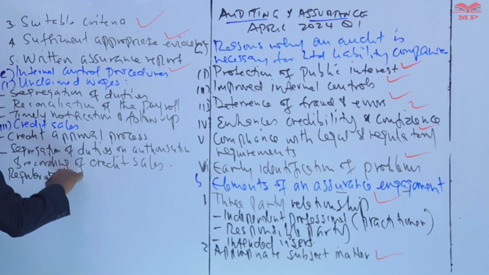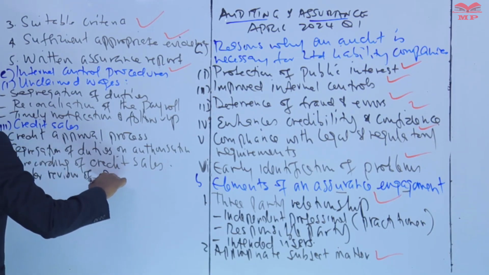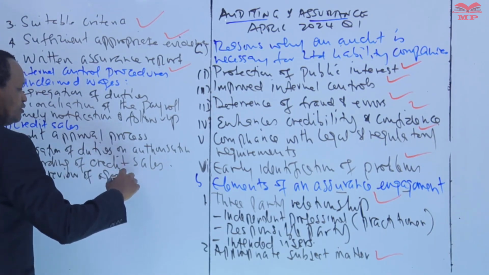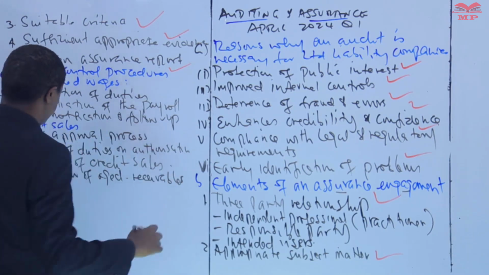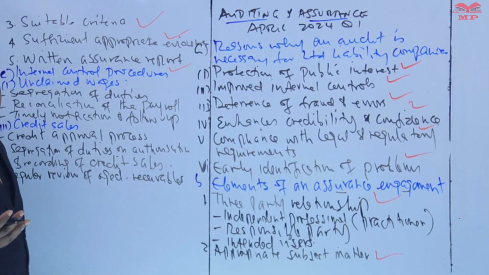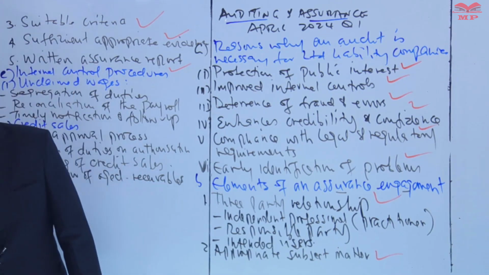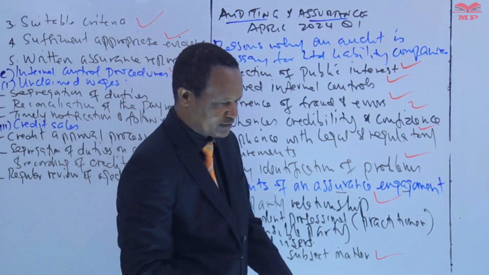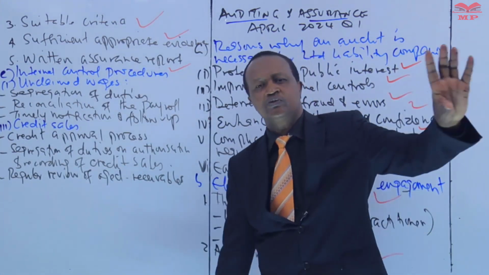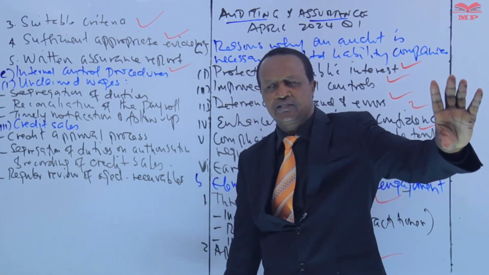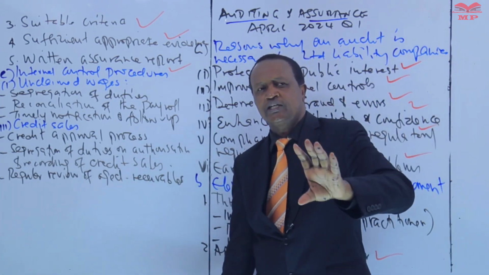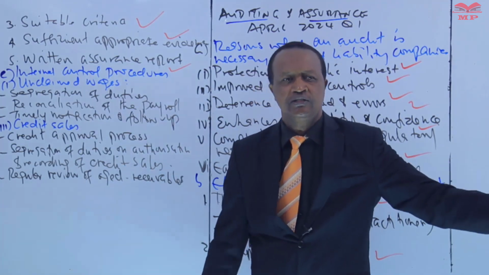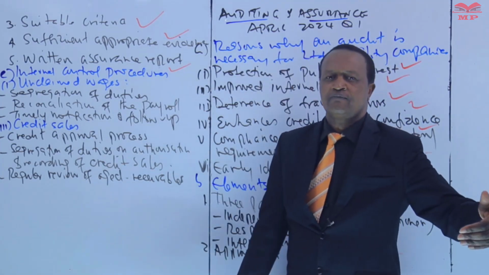Right, Gaspard? Create a list of approved credit customers, then after you have made the credit sales, you regularly review that list so that you can check if there are any aged receivables. That is to mean